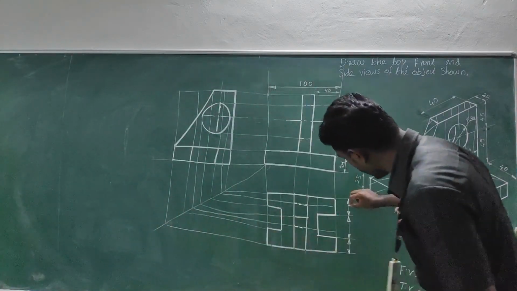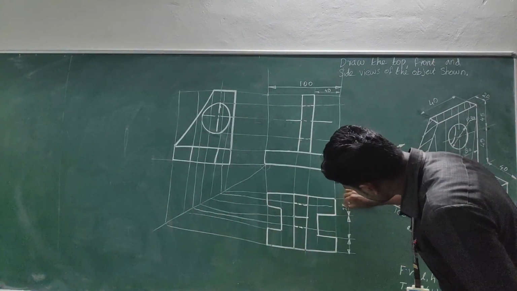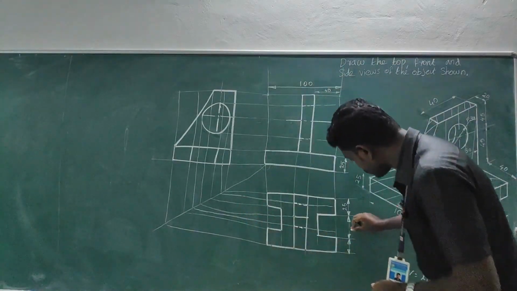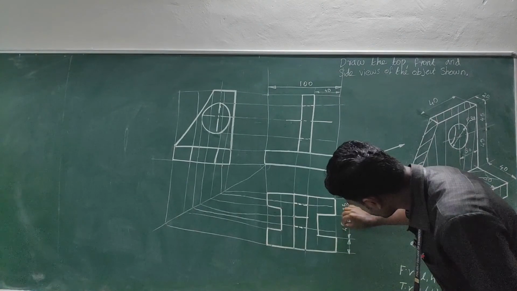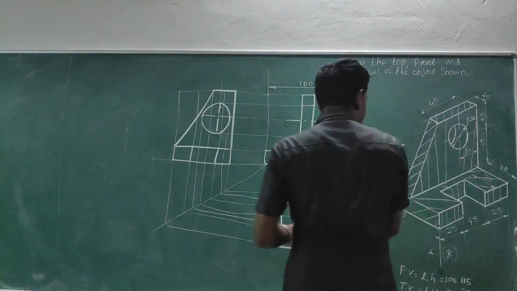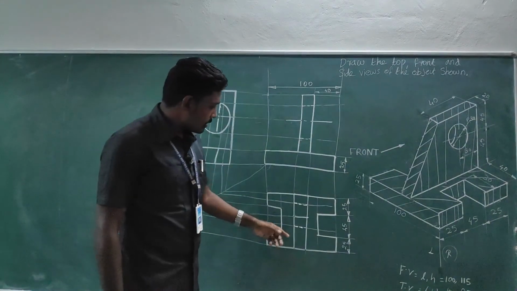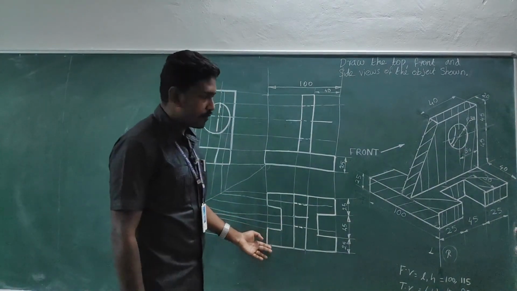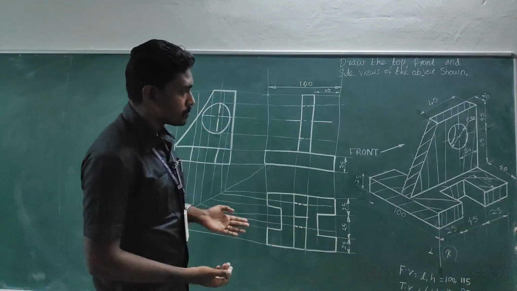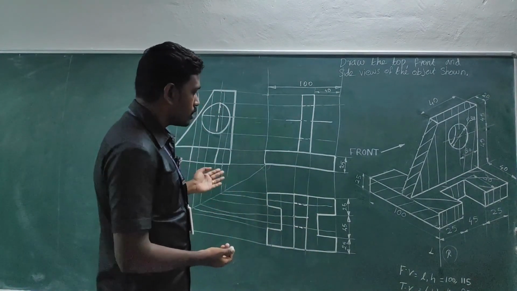It is 25, and the middle, the cutaway, is 45. Again it is 25. Okay, and then what are the things we can capture in the top view? Any other thing? No, right? So we can move to the